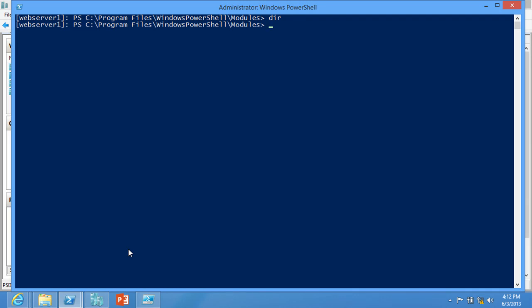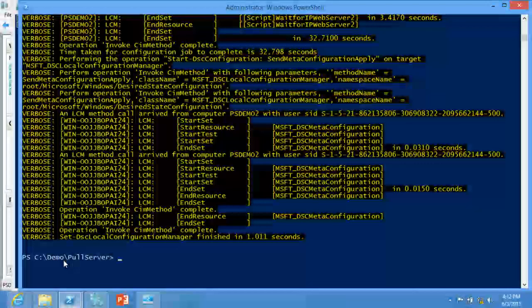Nothing there. And what does that mean? What that means is the module on Web Server 1 is not yet downloaded, right? So it doesn't have it there. And so I'm going to come back here to the host server, and I'm going to invoke pull mode. This is just a way to sort of ping it and say, okay, continue on. It's kind of for my demo. It tells it to keep going.